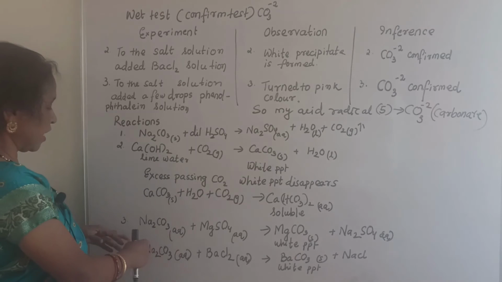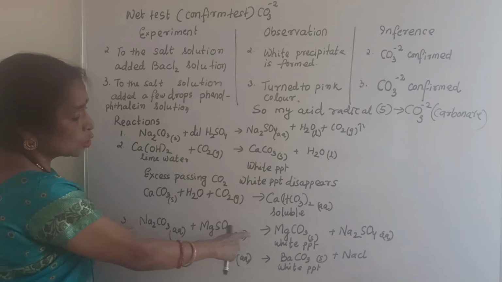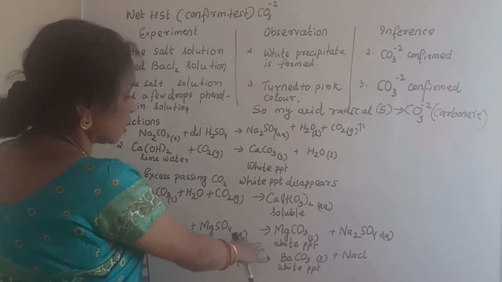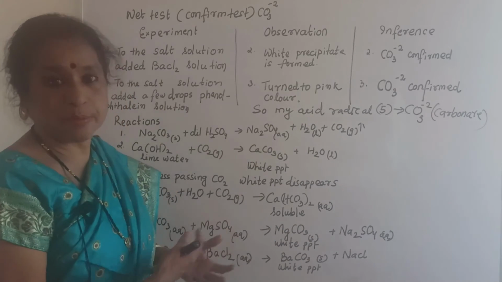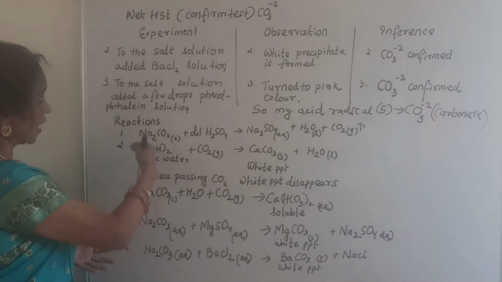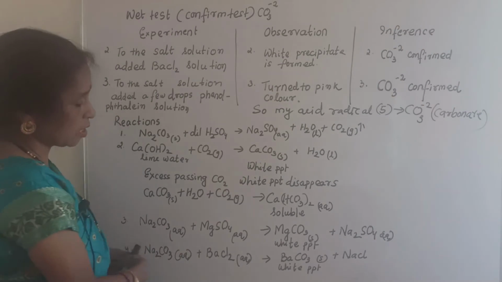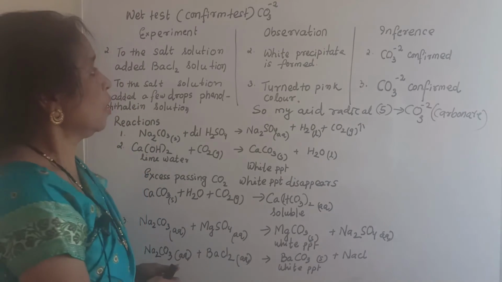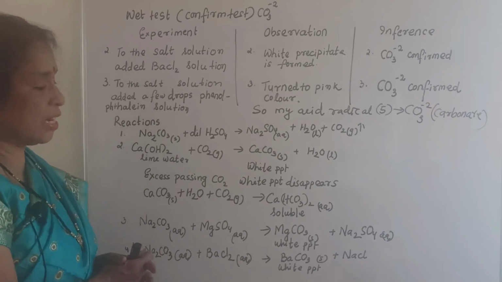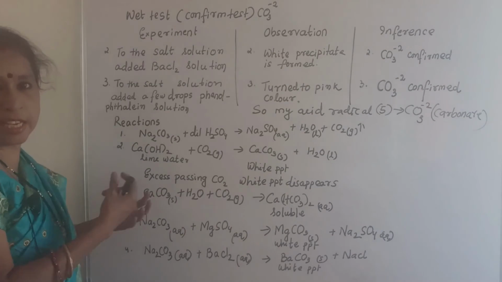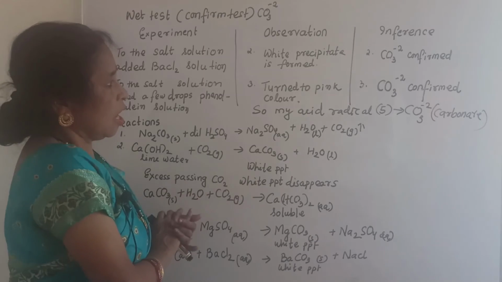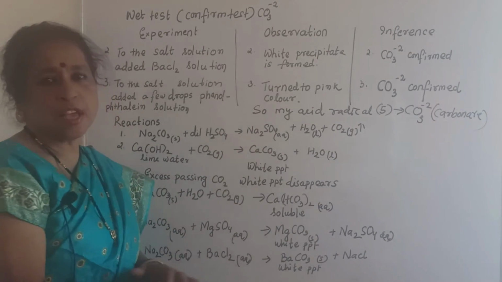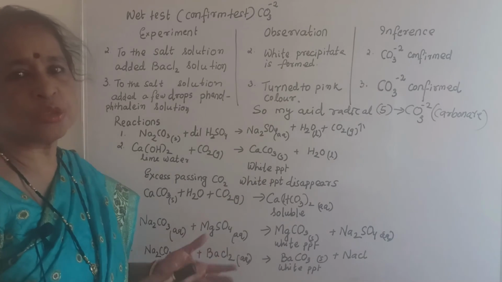Then come to the confirmatory test. First one, magnesium sulfate. So magnesium carbonate is the white precipitate, and that is why it is white. Similarly, the second test, barium chloride solution, and here barium carbonate is a white precipitate. Now confirm carbonate, and phenolphthalein is a complex structure. Here I have not written it, only phenolphthalein gives a pink color. The whole solution changed to pink color.